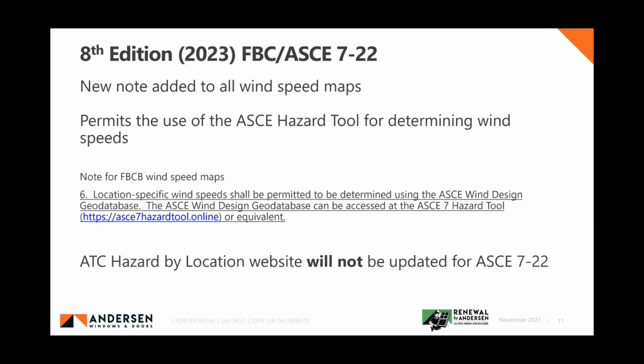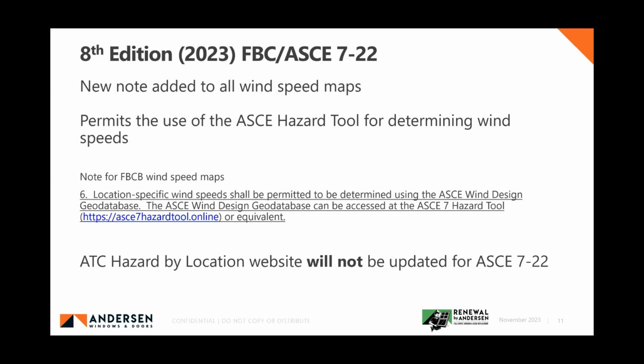They assign a single wind speed for the entire counties. Outside of there, most jurisdictions are allowing the use of some type of wind speed database to determine site-specific wind speeds. So the change to the code is that now the code specifically permits and recognizes the use of these databases. Now, it doesn't recognize the ATC site, but a new Note 6,